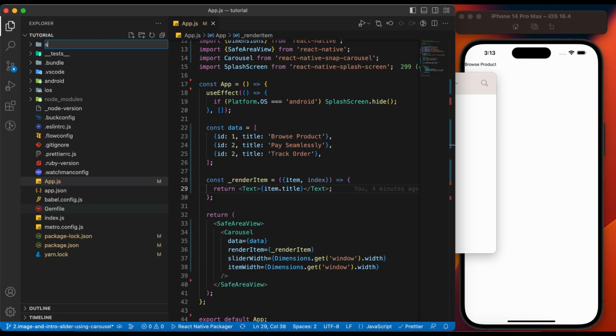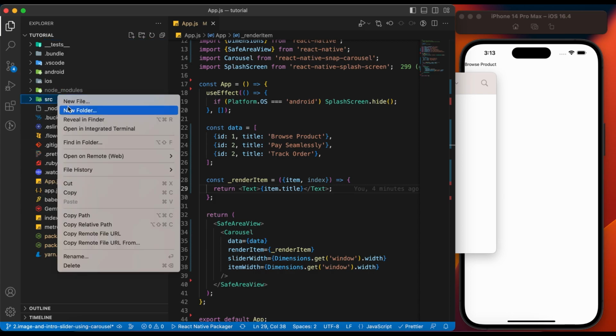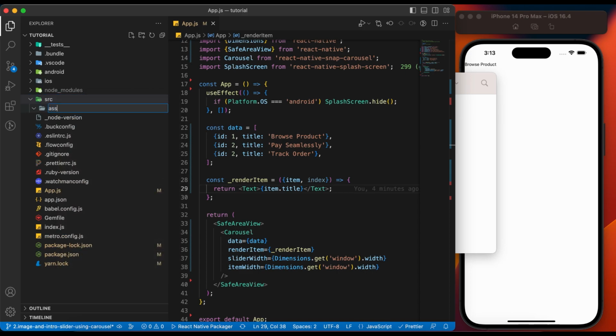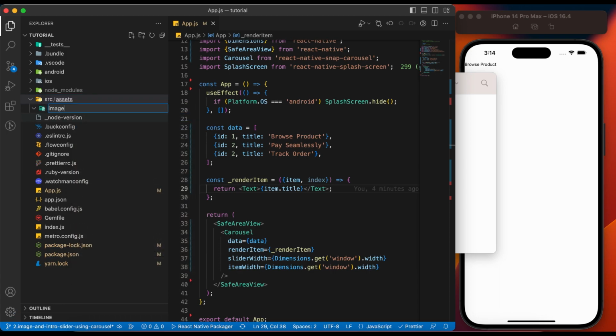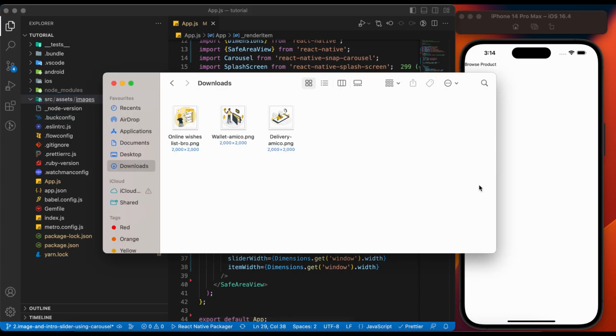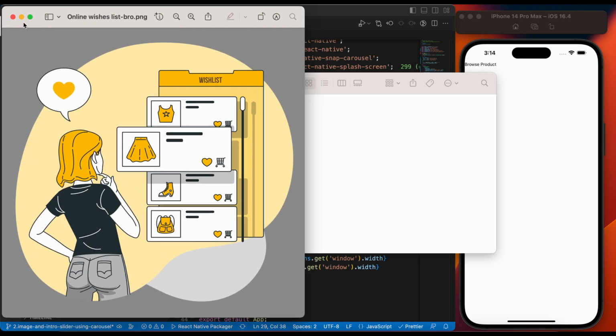Let's create a new folder for images under src. Assets. Images. This is the first image.